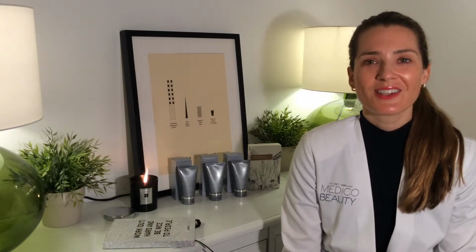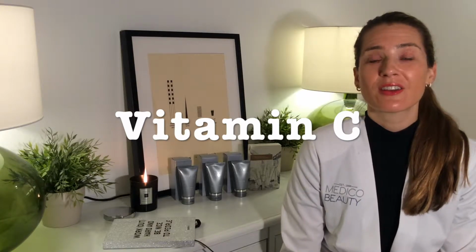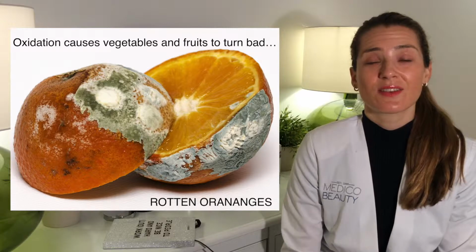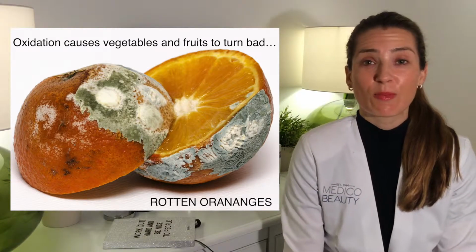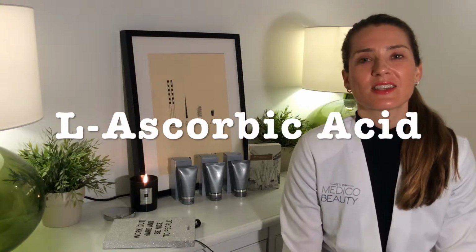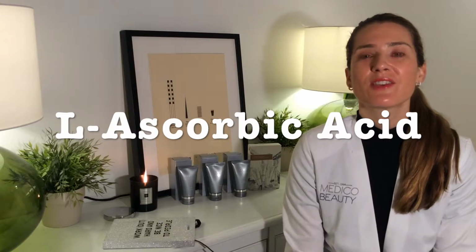So the most popular antioxidant that's available is vitamin C, and it comes in all different shapes and sizes. You can find it often included in a lot of cosmeceutical brands, and they will use vitamin C serums. The difficulty with vitamin C is that it's quite unstable and sensitive to light and air. So if you've ever used it in a skincare cream and found that it's turned brown, it's because the vitamin C has oxidized. We use purified L-ascorbic acid, which is 100% vitamin C and programmed to give you all the